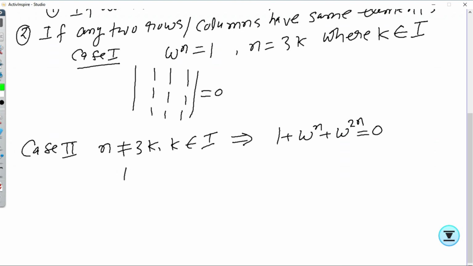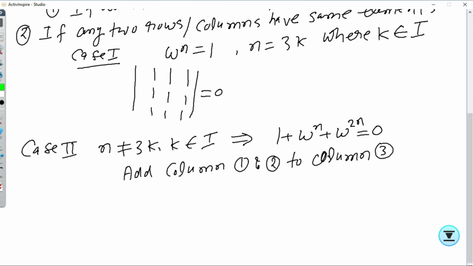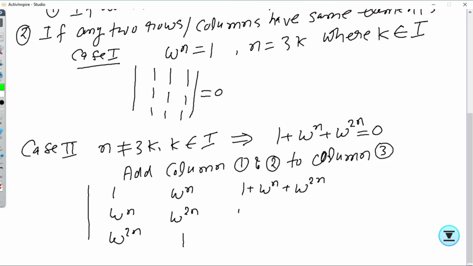Suppose we add column 1 and 2 to column 3, what we will have is 1, omega power n, omega power 2n, omega power n, omega power 2n, 1 plus omega power n plus omega power 2n.